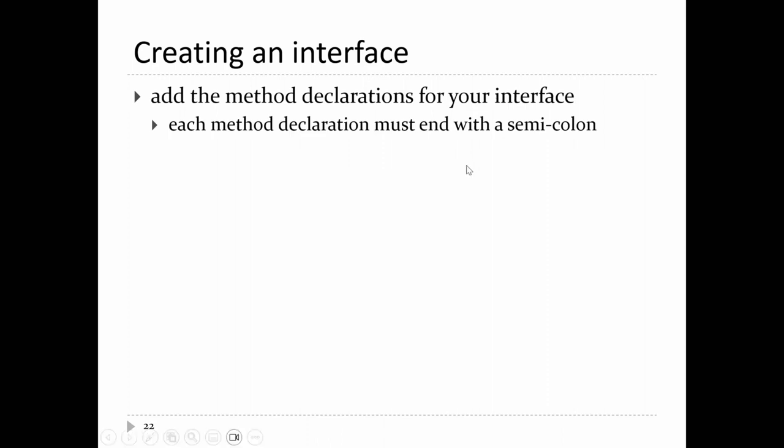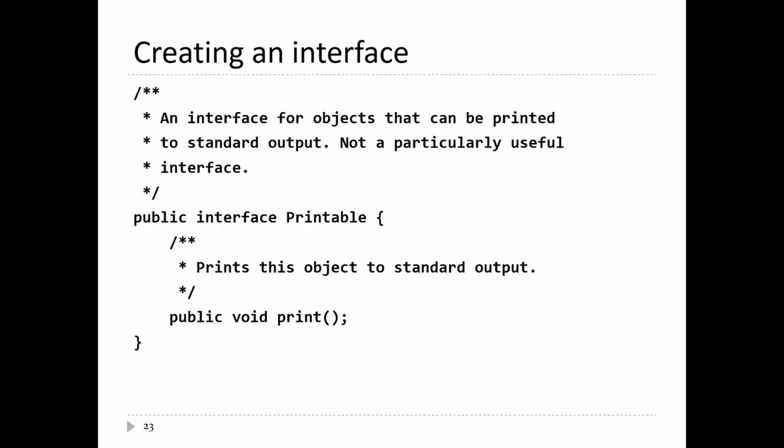Again, all your methods are public. And now, because they have no body, they all end with a semicolon, so our printable interface defines the method print. In other words, every object that implements the printable interface must provide a print method. Print simply prints something to standard output,